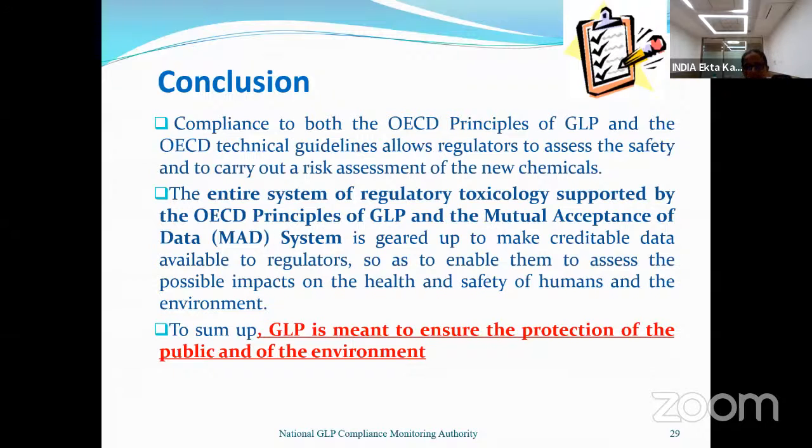To conclude, both the OECD principles of GLP and the OECD technical guidelines allow regulators to assess the safety and to carry out risk assessment of the new chemicals. The entire system of regulatory tests supported by OECD principles and the mutual acceptance of data system is geared to make credible data available to regulators so as to enable them to assess the possible impacts on health and safety